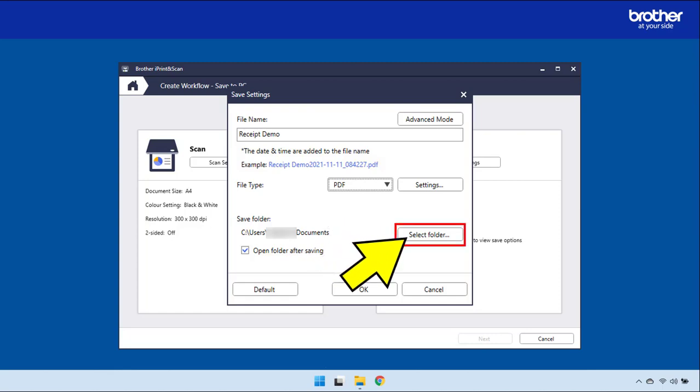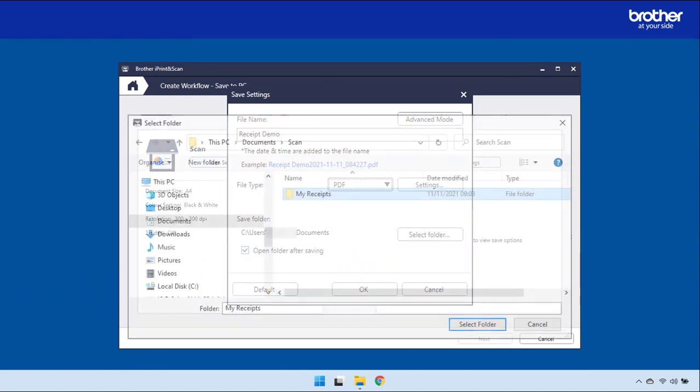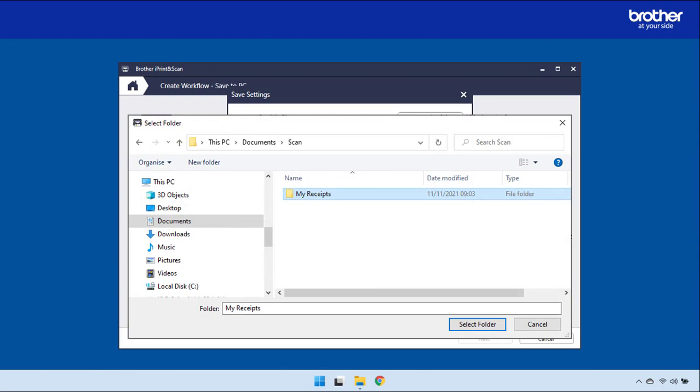Next, we need to define where we want to save the folder. So click on Select Folder. And browse to the location you want to store the receipt. Here I've chosen a folder called My Receipts.